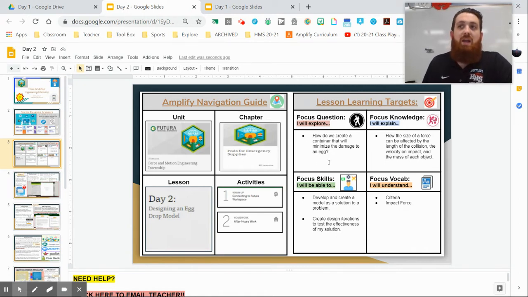How do we create a container that will minimize the damage to an egg? Now, as we go through this, we want you to be able to focus on and explain how the size of a force can be affected by the length of a collision, the velocity on impact, and the mass of each object. As we're looking to explore this idea and begin to understand this knowledge, we're going to be developing and creating a model as a solution to a problem